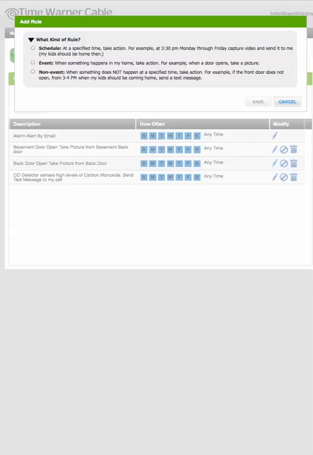What kind of rule? I've got three options. I can do it by schedule. So if I'd like something to happen at a given time on a given day or every day, I can do that. I can take a picture of something or take a video, or I can send myself an email,